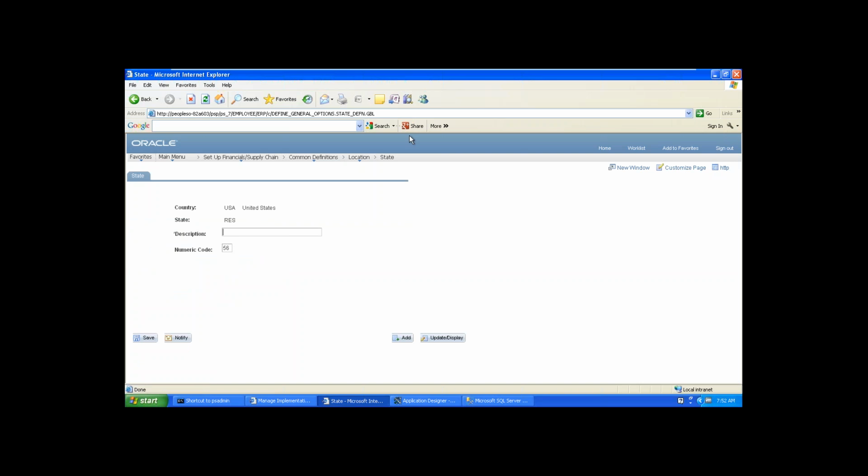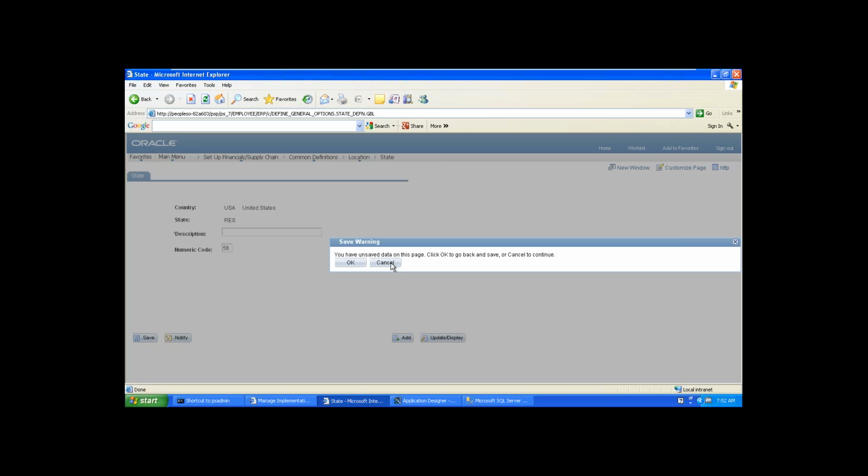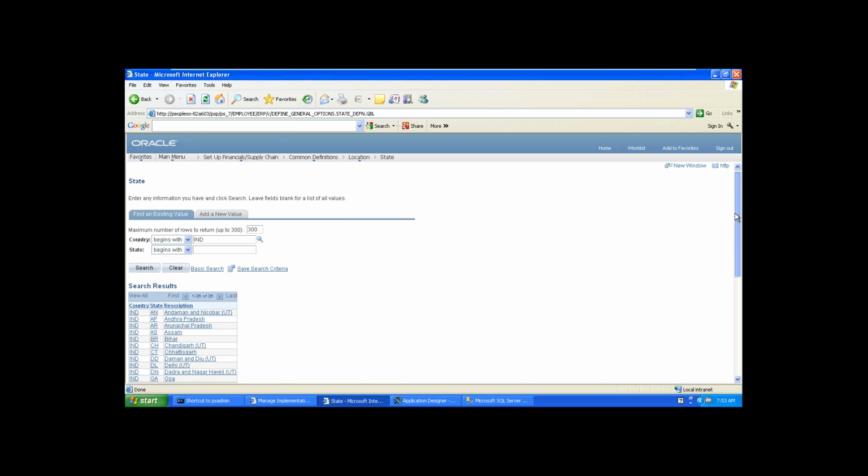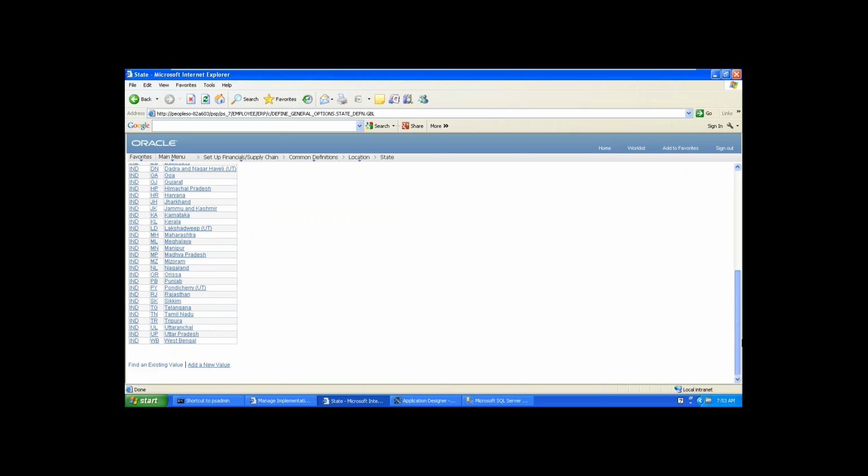56, like that. If any new state is formed in India, then you can use the India country. Last year, one new state was formed in India. In total we have 36.